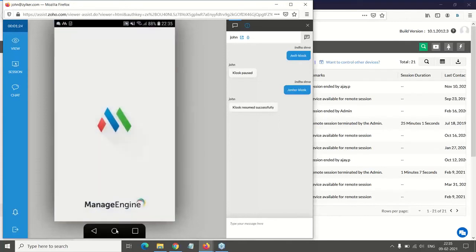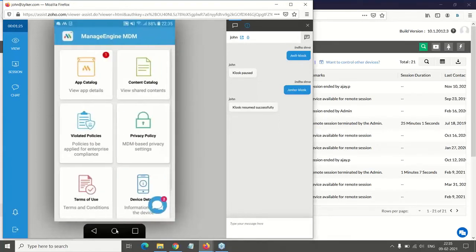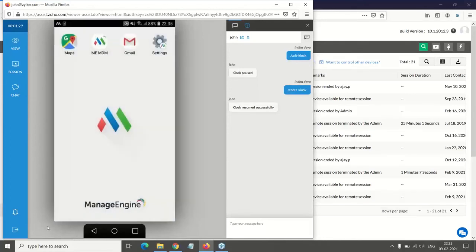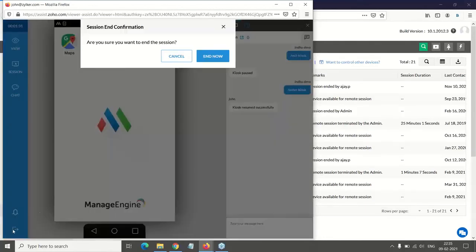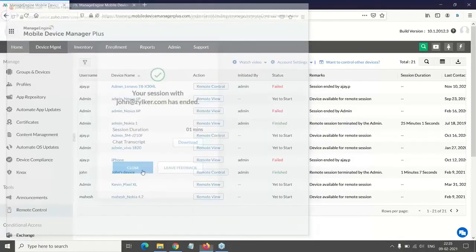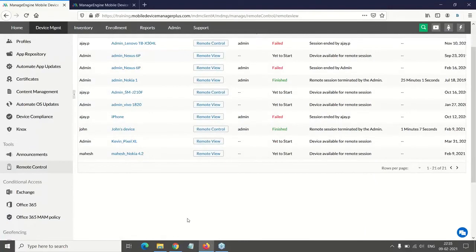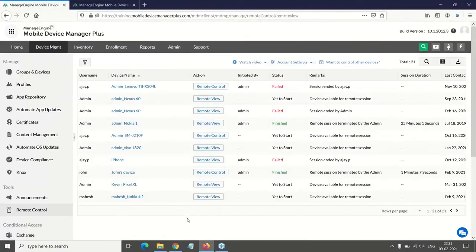So the kiosk mode is resumed. So you will find only the required applications. You can exit the remote session by exiting here. So that is how you troubleshoot the devices remotely.